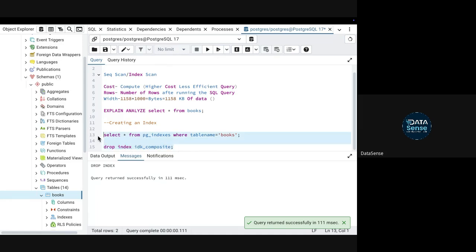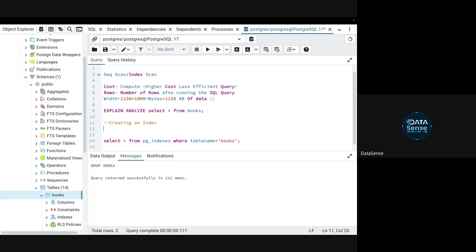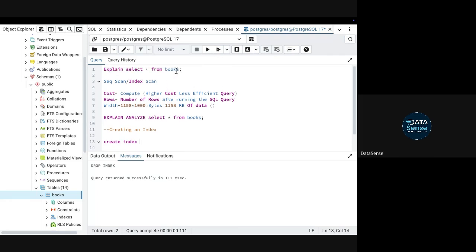Now let's see how to create an index. To create an index, you simply need to use one command, that is create index. Then you need to give the index name. So let's say I'm running a simple where book ID equal to, let's say, 13. Okay. So I'll say create index, and I will just create a name, index_book_id, on.